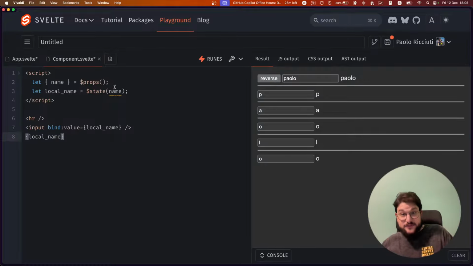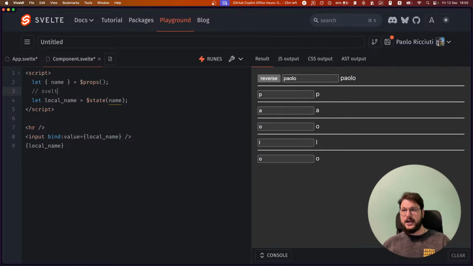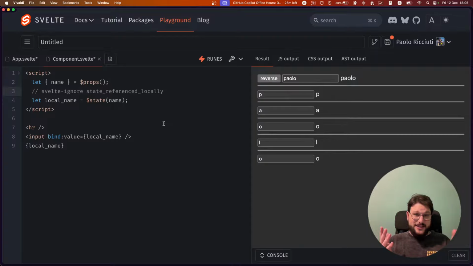If everything is fine, and I am 100% sure that I will never ever change this, I would probably just go over each one and add "ignore state referenced locally", and be done with it. So I would probably do that, probably automating it in some way, like getting the values from SvelteCheck and actually changing the code with a node script. But regardless,